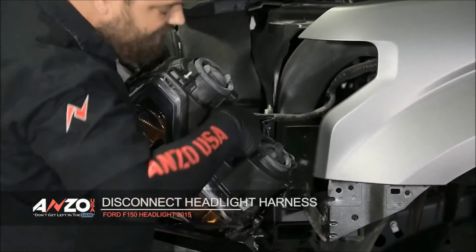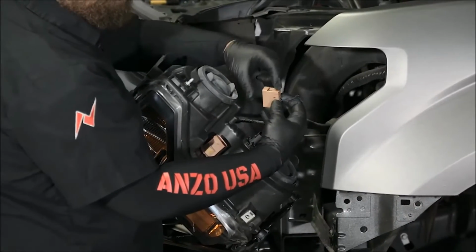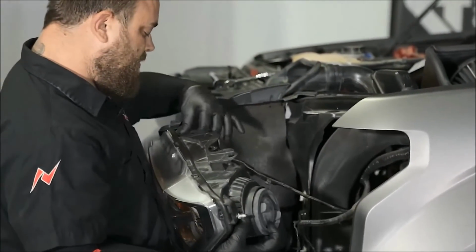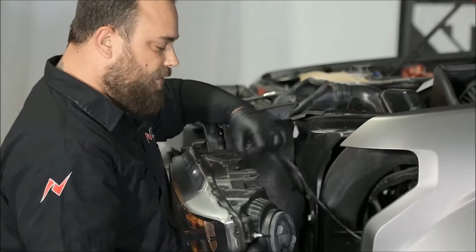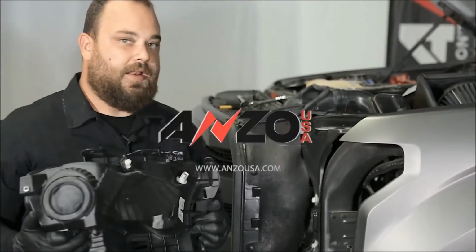This turn signal one sometimes can be a little difficult, but if you're careful, you can get your finger in here without breaking it, and then slide it right off. And the last one is up here in the corner, right here. That's for your 194 running lights. So go ahead and set this off to the side, and let's take a look at getting the new light